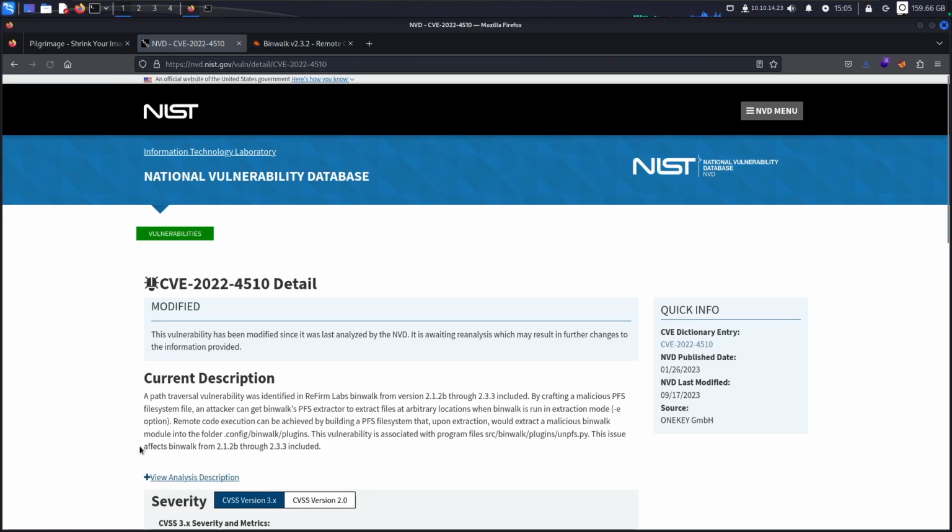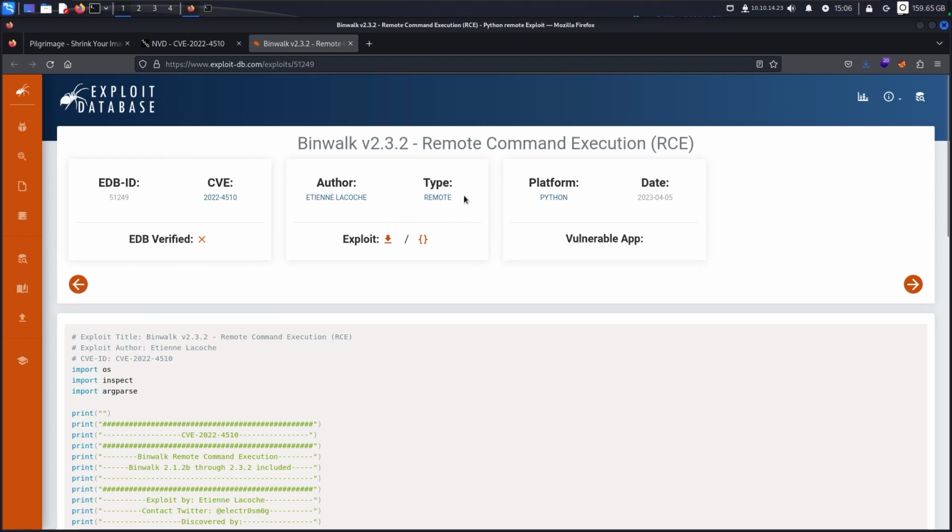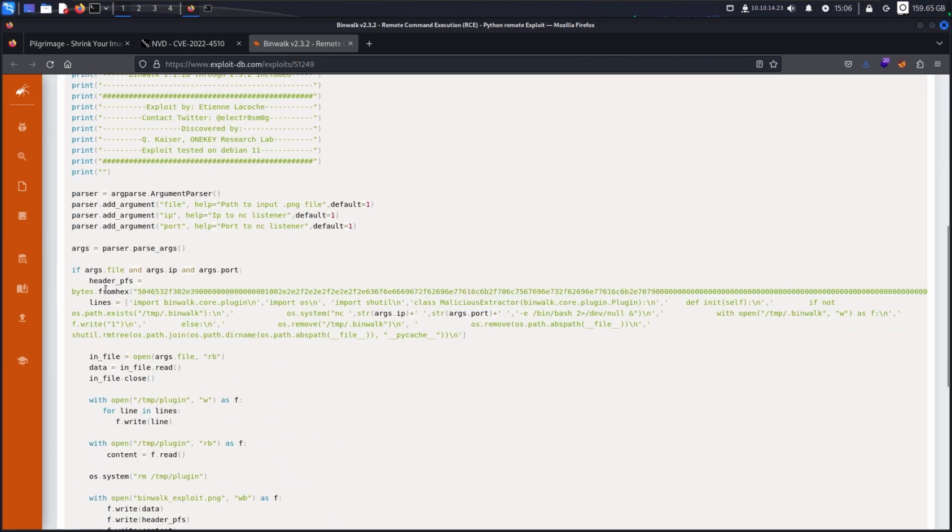And then if we go into the actual vulnerability, it's a path traversal that affects our particular version, but it goes all the way up to 2.3.3, excuse me. By crafting a malicious PFS file, you can get Binwalk's PFS extractor through the -e option to pull in, can achieve by building a PFS file system that, upon extraction, would extract a malicious Binwalk module into the folder .config binwalk plugins. Yep. So if we go to the actual code, the RCE code, we have this from hex,